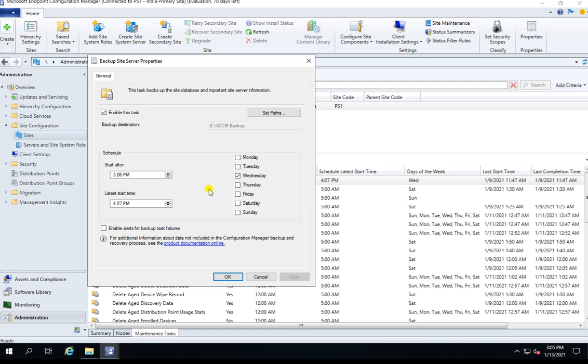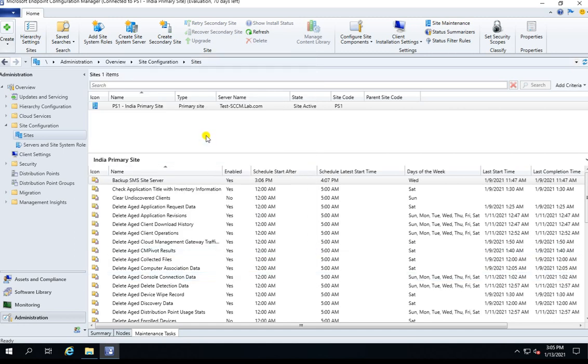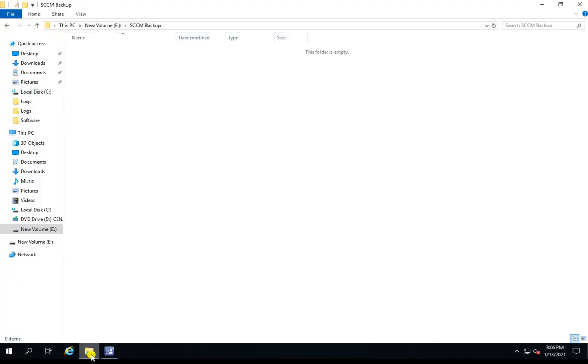Within 1 hour the backup will complete. But in production you will have a huge amount of data, so it will take a lot of time to take a backup, so put it at 2 to 3 hours. As I am in my lab environment, I don't have much data in my SCCM console, so it does not need much time. Another thing: when you are putting it in a remote location, you should have the proper rights on that share folder, otherwise it will fail.